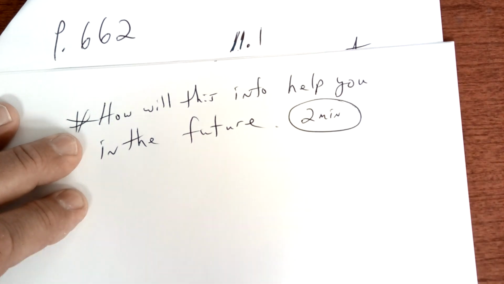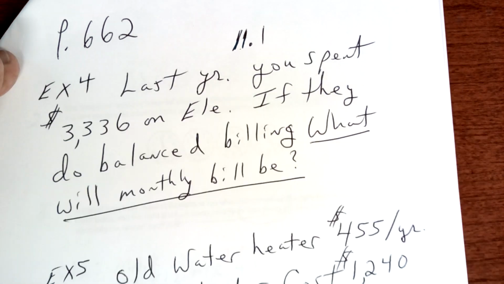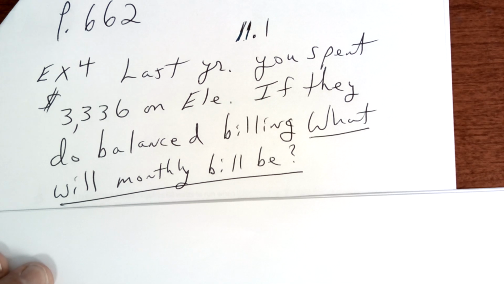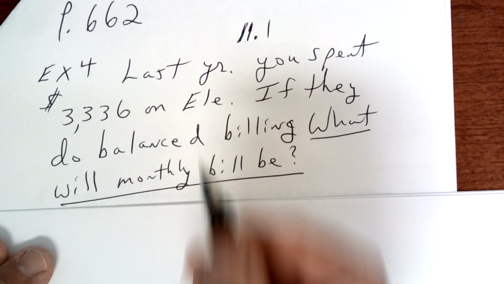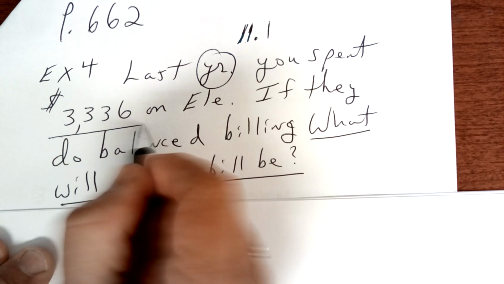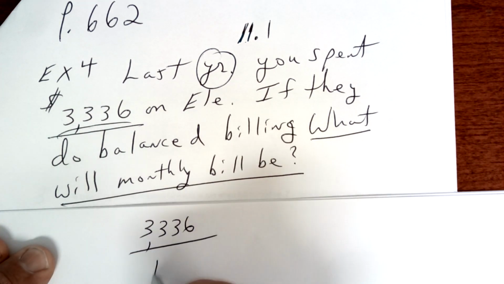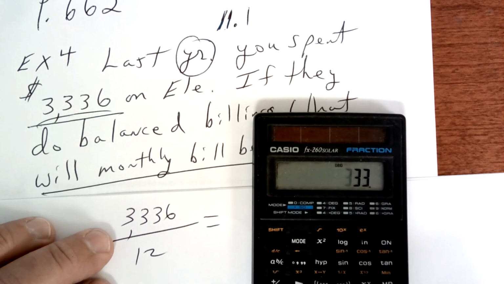Come up with some ways. How do you think this is going to help you? All right, open up a book to page 662. Let's go over example 4 here. Last year you spent that much on electricity. If they do a balanced billing, what would the monthly amount be? Well, if this is for the whole year, then you're going to take that and divide by 12. And so your monthly amount, and this is called an average bill, and they do this,